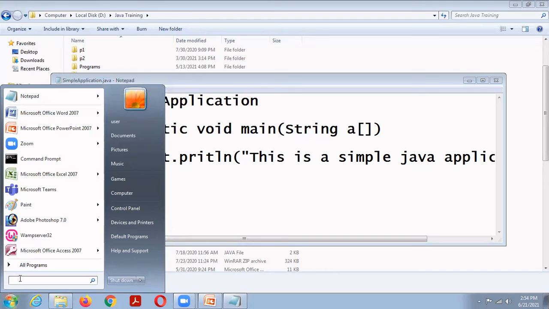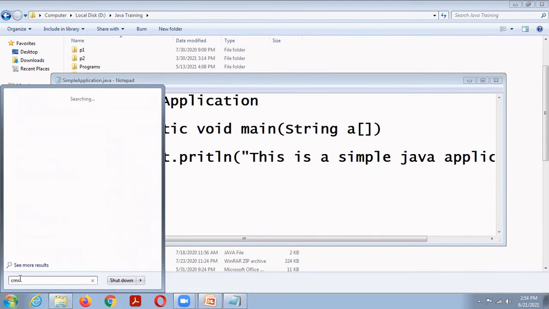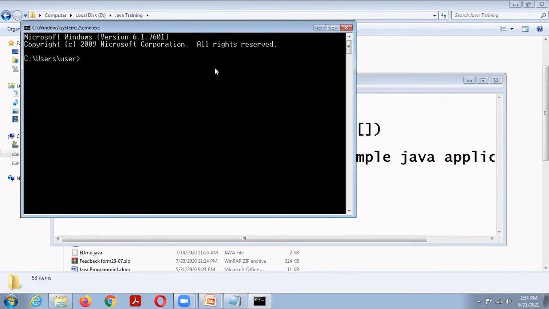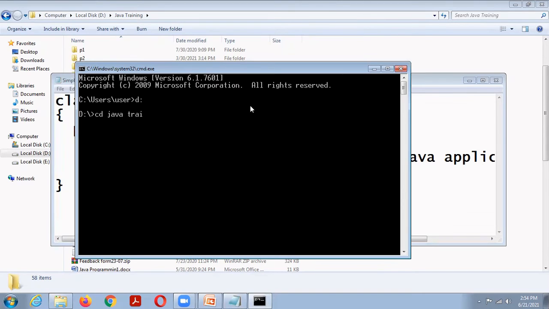Now I start the command prompt. I go to D:, cd Java training, to change the directory.